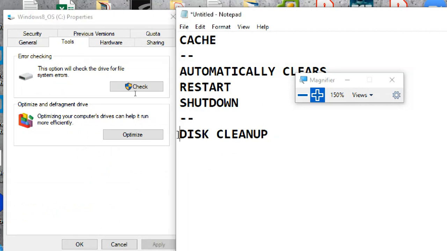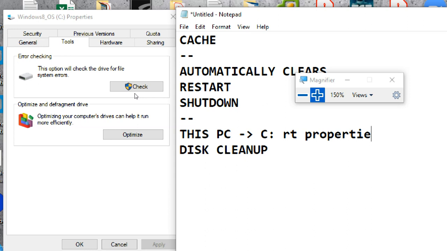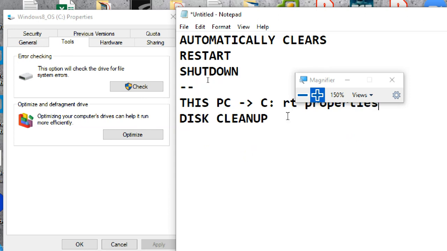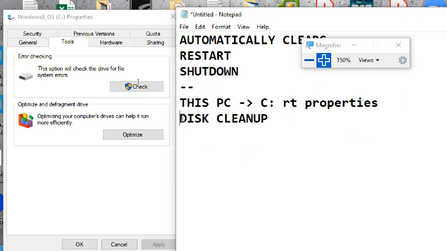So how did we go to this disk cleanup first? We went to This PC. Then go to the C drive. Right click, properties, and in the general tab, it is disk cleanup.